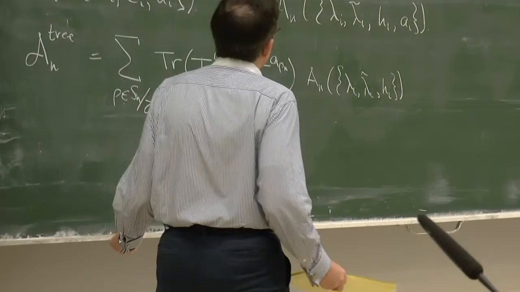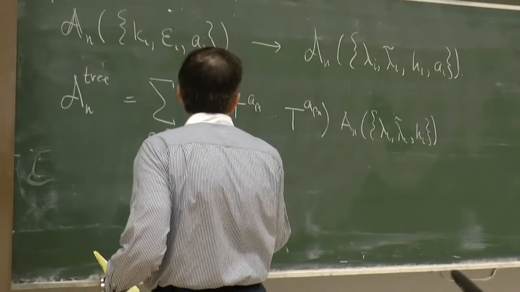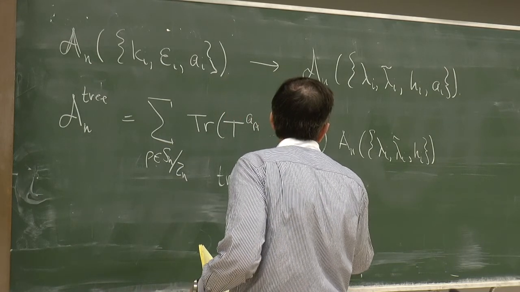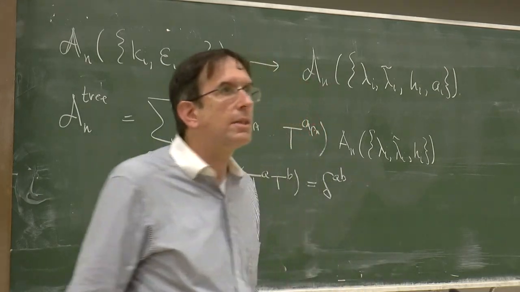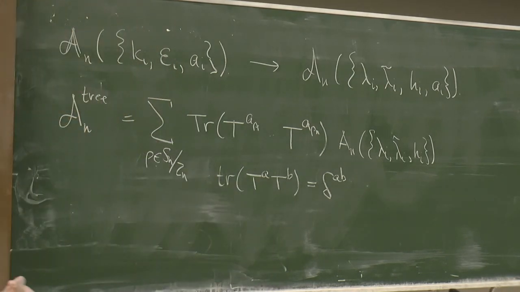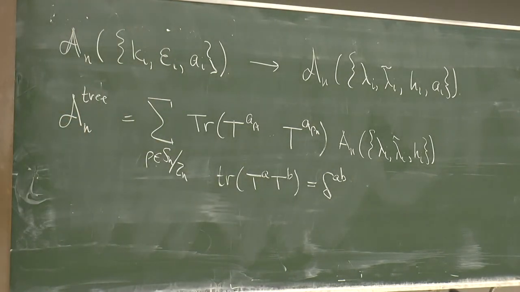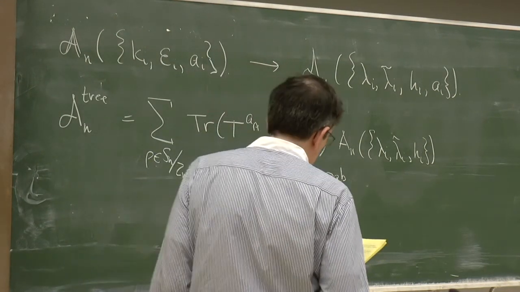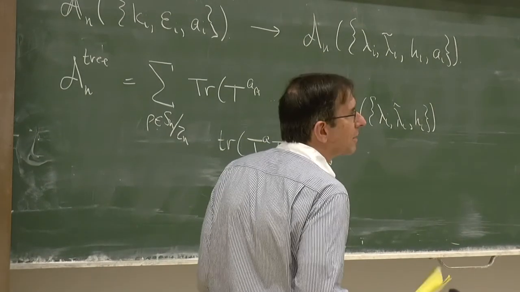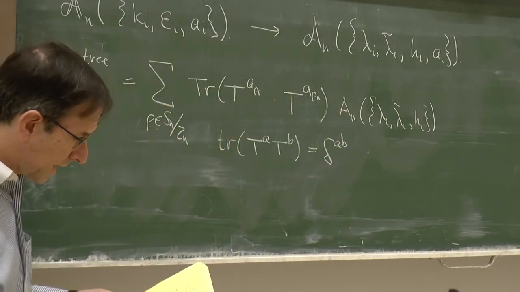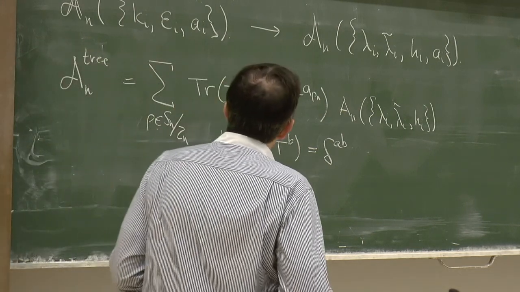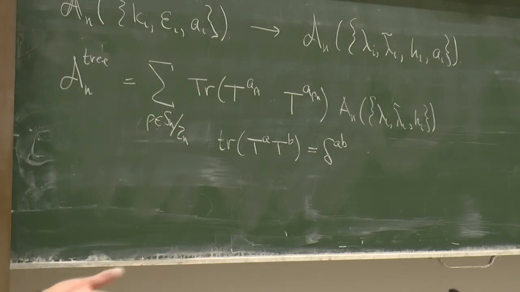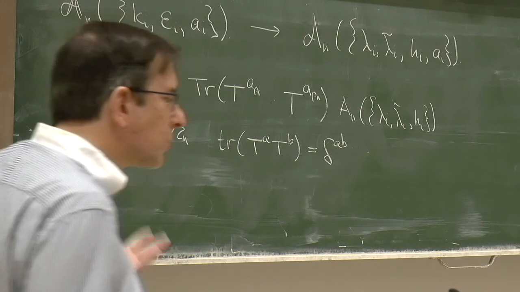Fortunately for you, I'm going to use the same normalization that you've seen already in Professor Hen's lectures. This is incidentally not the conventional normalization in the mathematics literature, nor is it the traditional normalization in the physics literature, but it's the correct one because it avoids splattering factors of 2 and then factors of 1/2 in different places. So in a sense, this decomposition really depends only on the color Lie algebra. So it also holds